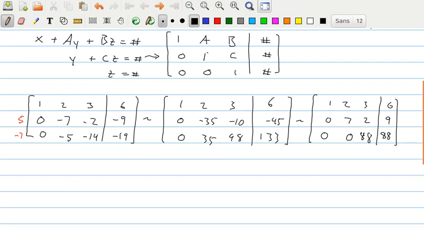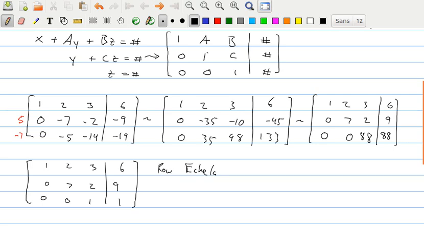Now we want to get a 1 in this spot, so we can divide the bottom row by 88. So the top row can just sit there. The second row, 0, 7, 2, 9. 0, 0, 1, 1. Okay, now this is basically in echelon form, because we at least have zeros down below here. Now it's not perfect because we have a 7 here, but it looks like there's no good way to do this without introducing fractions. So this form right here is called row